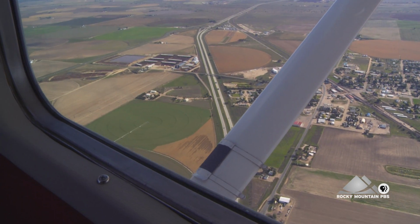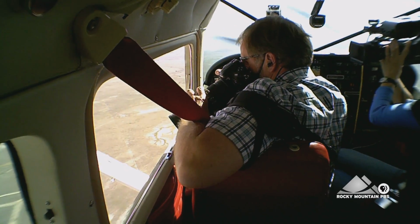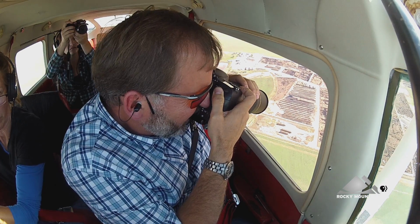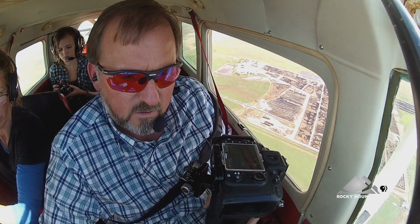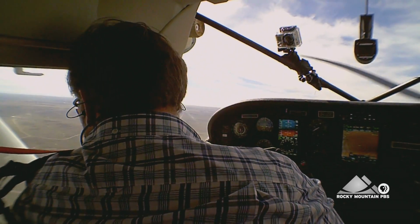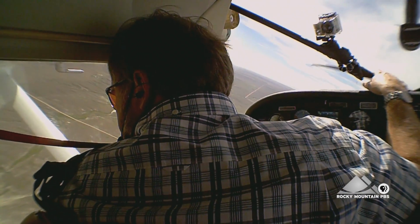I see something that's interesting, then I engage the autopilot, I open the window and then start looking harder at what I want to take pictures of. It's a unique viewpoint. It's not one that a lot of people will get to see. Really, it's this subtle beauty out here, and I'm glad that I've been able to find a way to portray